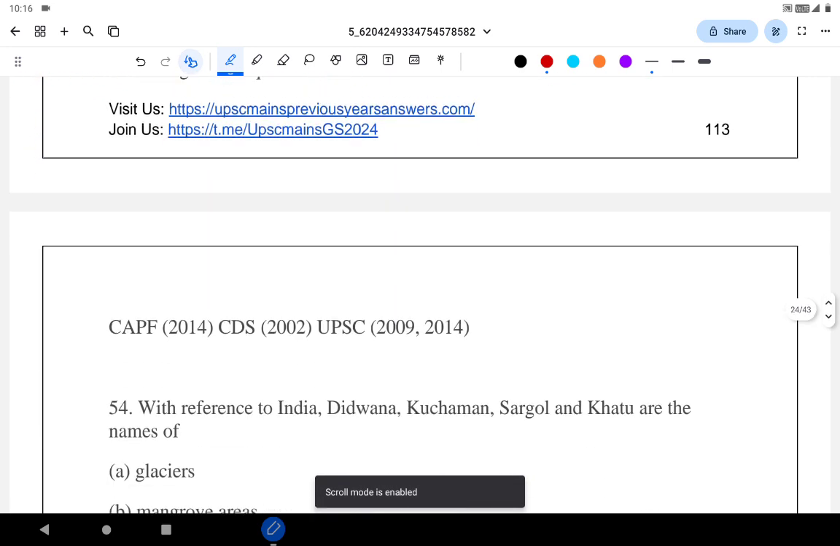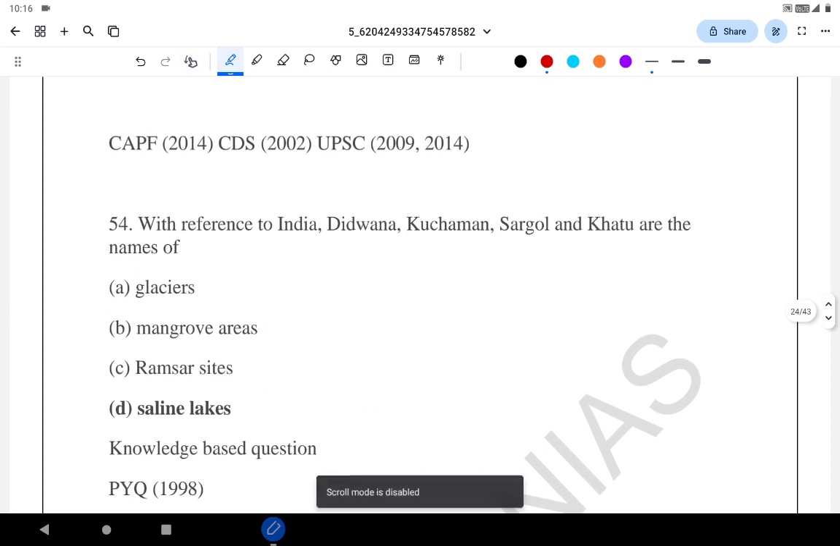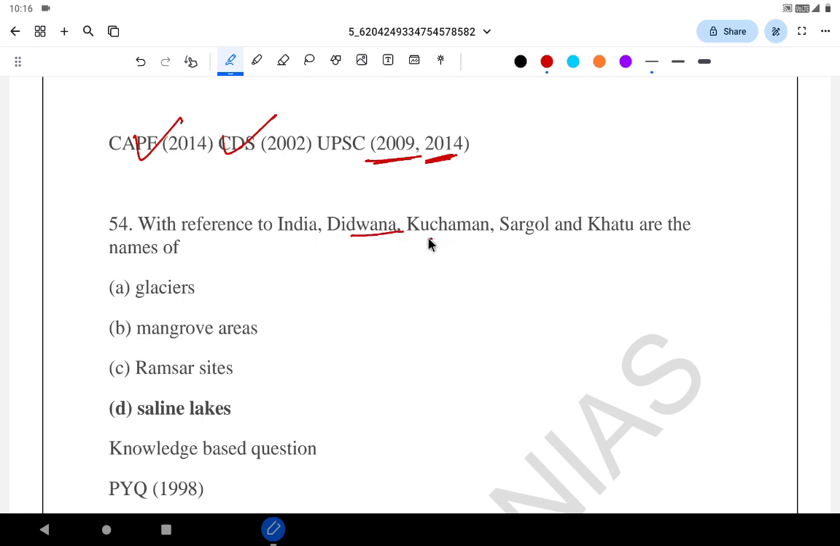Let's go to the next question. See, a question related to the Indus was asked in the PYQ. It was asked in the CAPF 2014, CDS 2002, UPSC 2009 and 2014. With reference to India, Didwana, Kuchaman, Sargol and Kattu are the names of